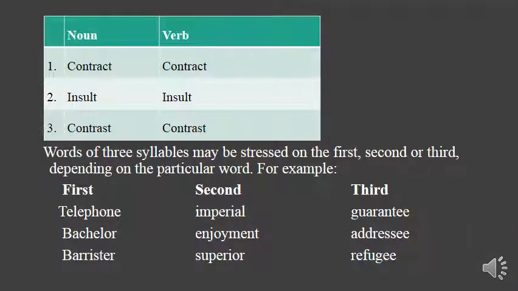In this slide, we have two columns. We have noun in one column and verb in another column. So when you look at the noun and the verb, you can see they have the same spelling. But when the stress is placed on the first syllable, it is a noun, and when it is placed on the second syllable, it will change to a verb. For example,